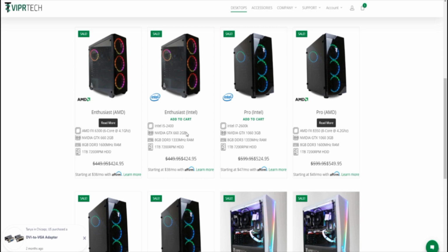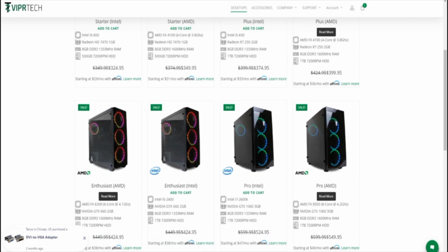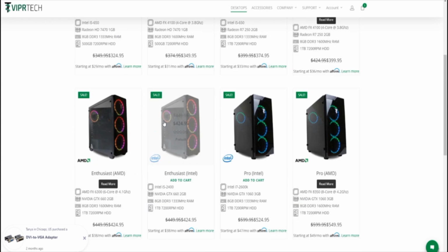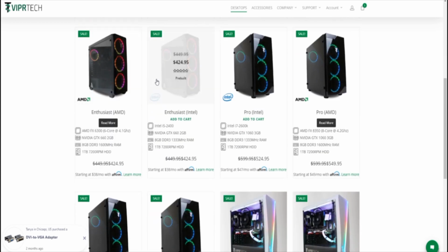Again, it's a dated card, but at least you'll be able to play 30 FPS on Fortnite, which is not a very hard game to run. It's basically going to be esports games between all of these computers down to here. But when you start getting to the Pro Series, those are when you're actually going to be able to play